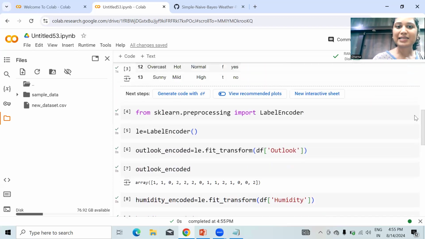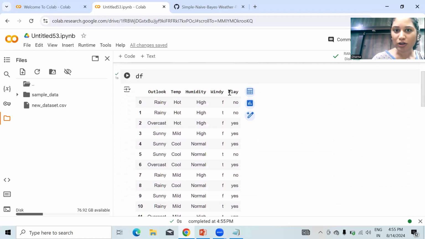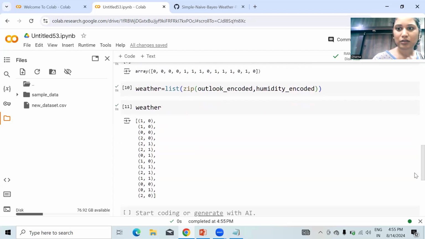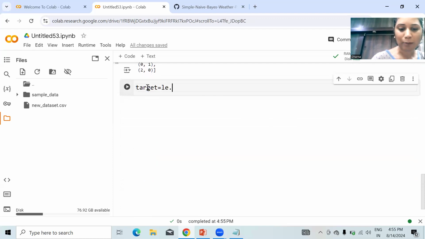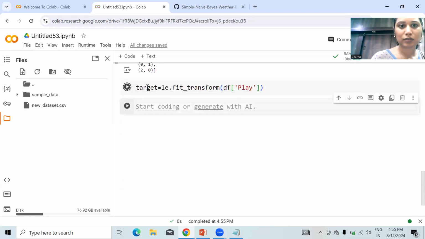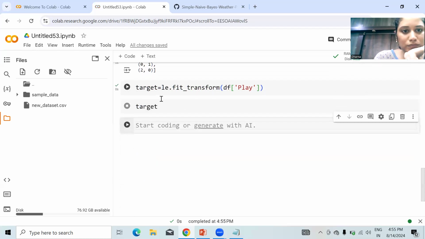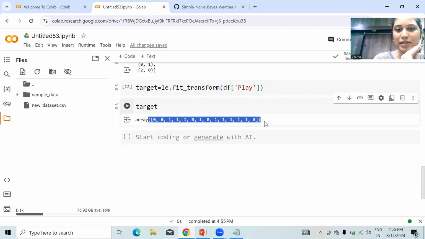Now, play is our output. So I will encode the play column as well, because it also has textual data. Using the label encoder, I'm going to transform the values of play, so df of play. So this is the target.